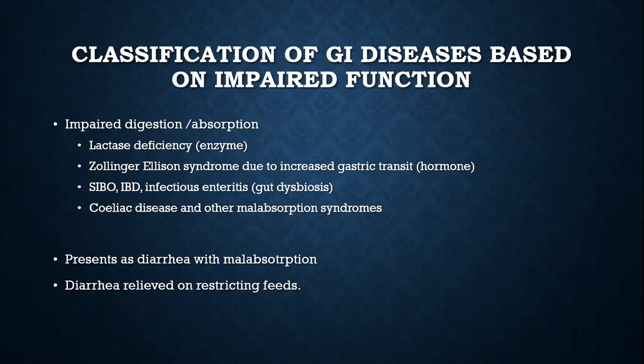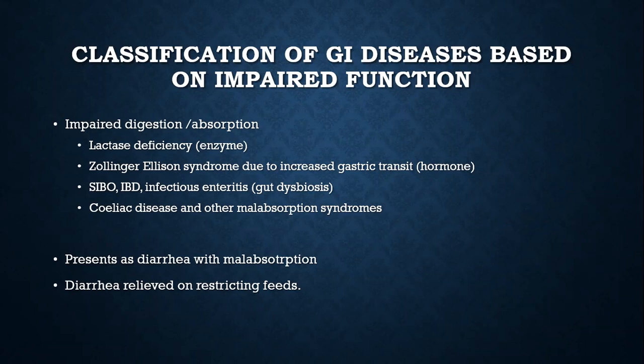So the first chapter of Harrison classifies the diseases of GIT based on the things which I mentioned earlier. I told you the function of GIT is to digest and absorb nutrients. If there's any problem with that, it can occur due to any of the following which I mentioned. It could be an enzyme defect, a hormone defect, a gut dysbiosis, or a motility defect, etc. For example, lactase is an enzyme produced by the GIT, which breaks down lactose into glucose and galactose, which is needed for absorption. If this enzyme is deficient, lactose will not be absorbed.